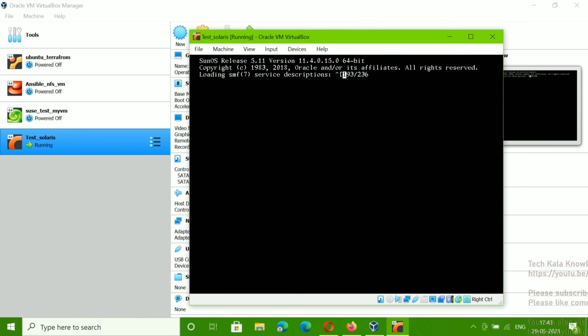If you press the escape button, then in the background you will see what's happening. That's why I pressed the escape button. You can see it's loading the SMF service. It will start all the prerequisite services and files. So you need to set up.